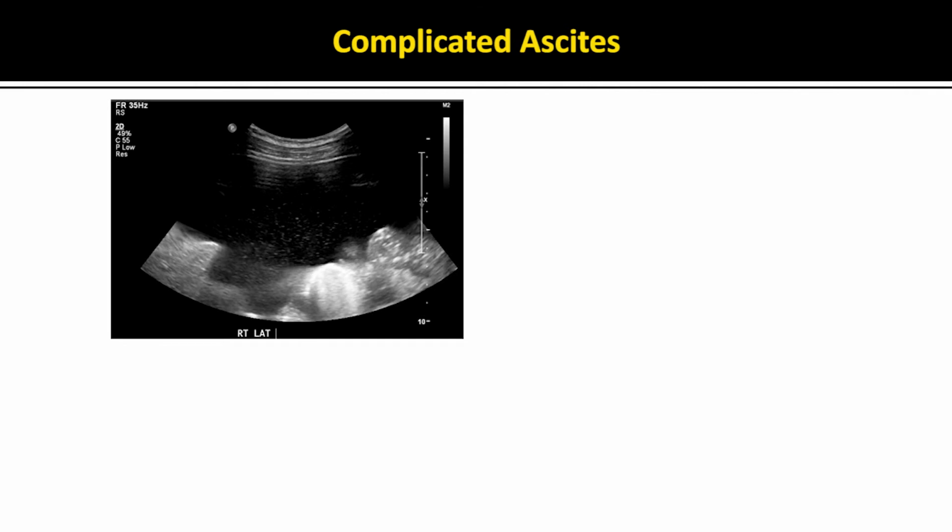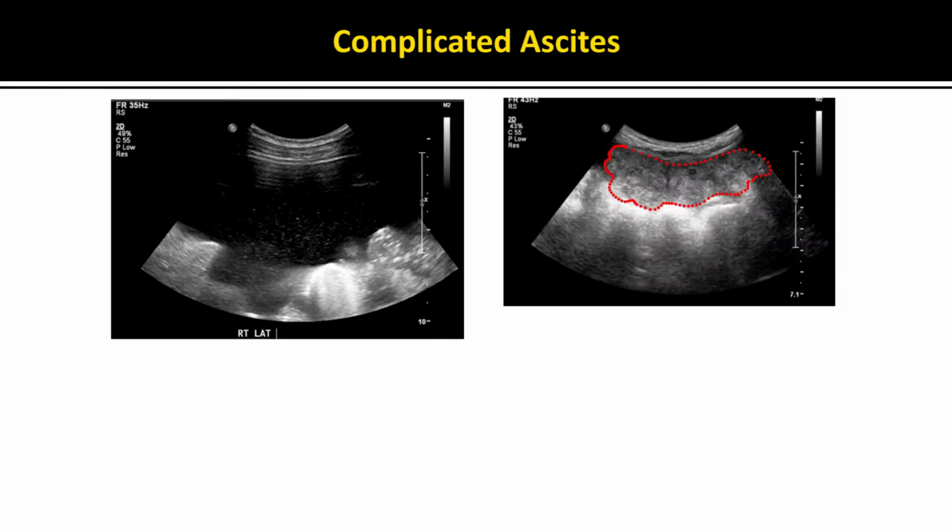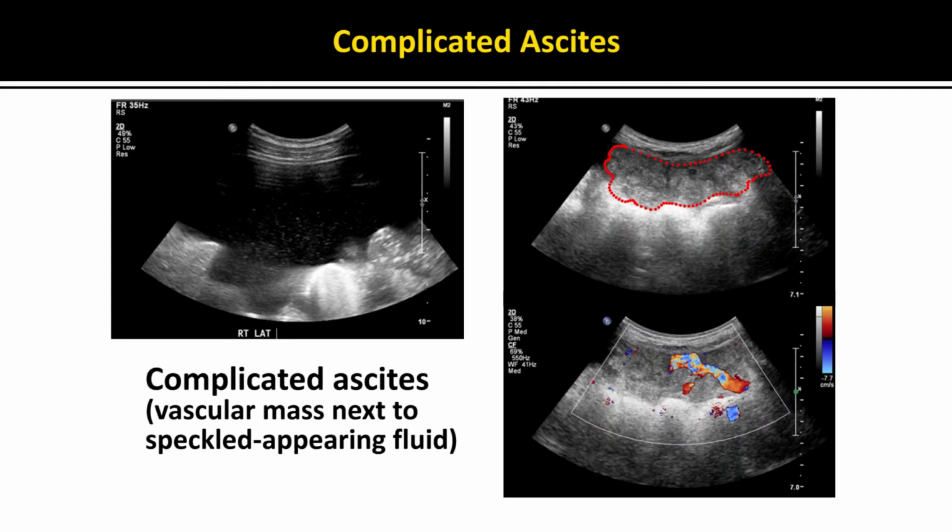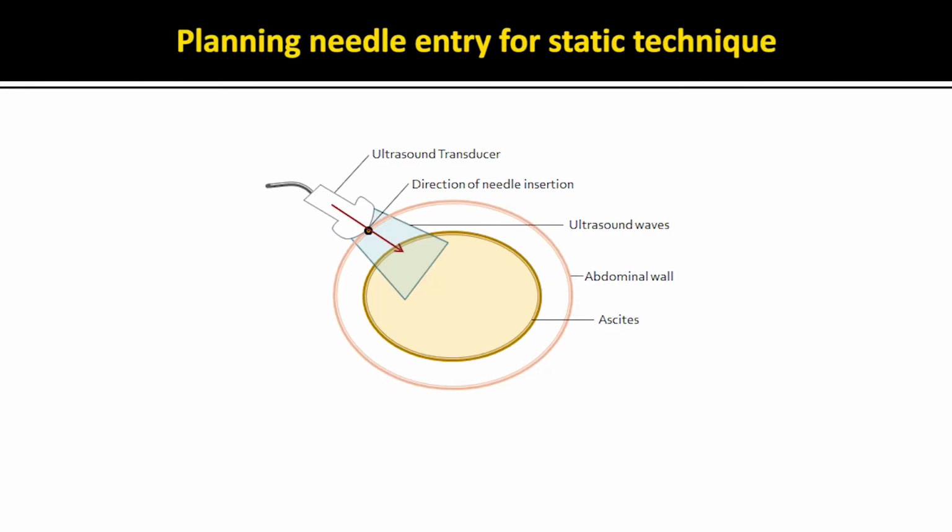This slide shows complicated ascites, with a mass found adjacent to complex fluid. Doppler shows large vascular structures within the mass. Attempting this paracentesis at the bedside could have disastrous consequences. Finally, once ascites has been assessed and abdominal anatomy defined, the site of needle entry should be selected, as described